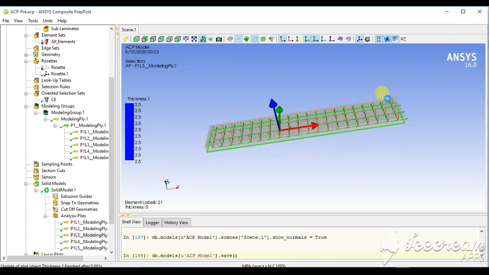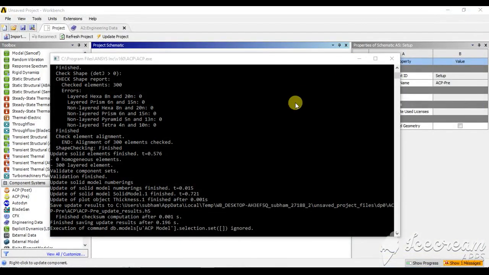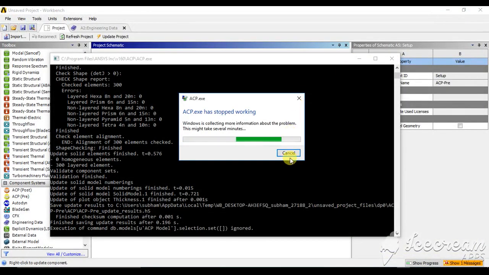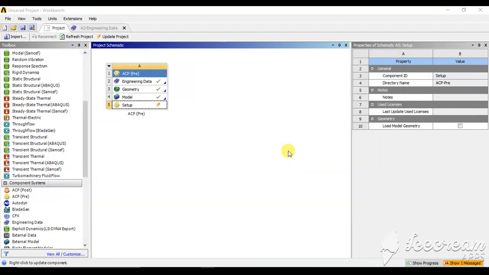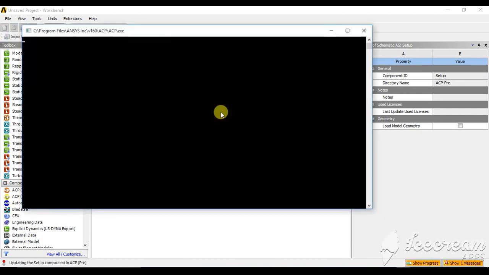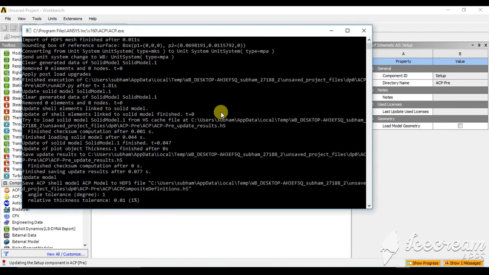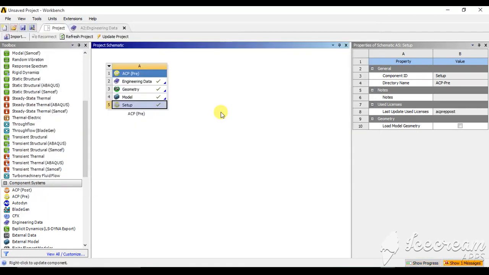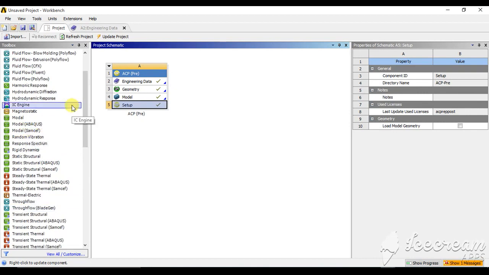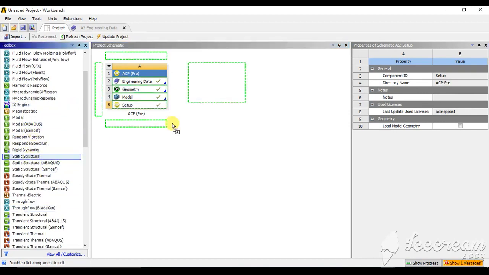Now we can close this. Now you can go for a number of analyses, but here we will go for the static structure.